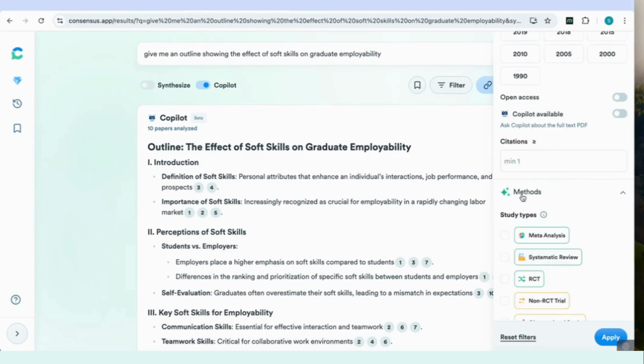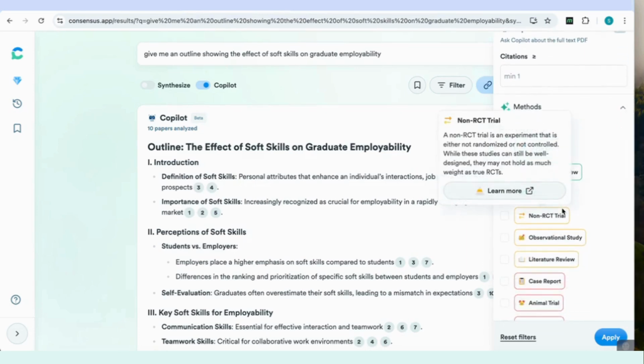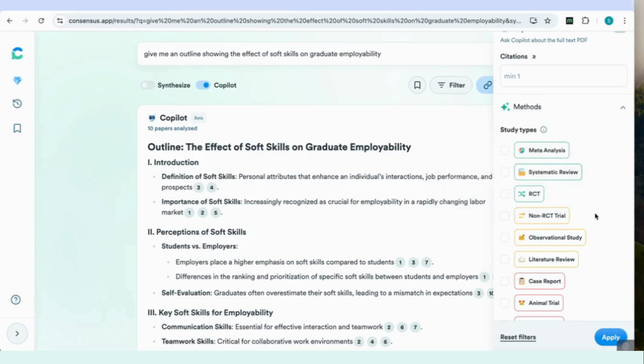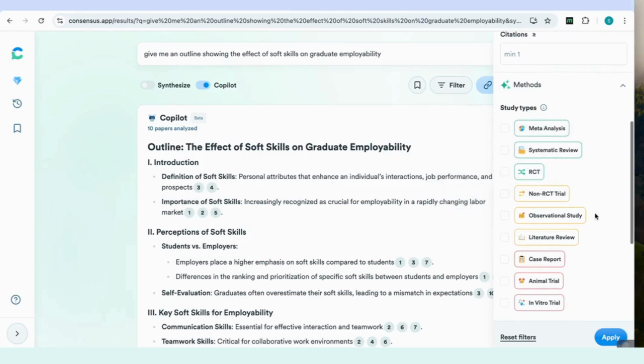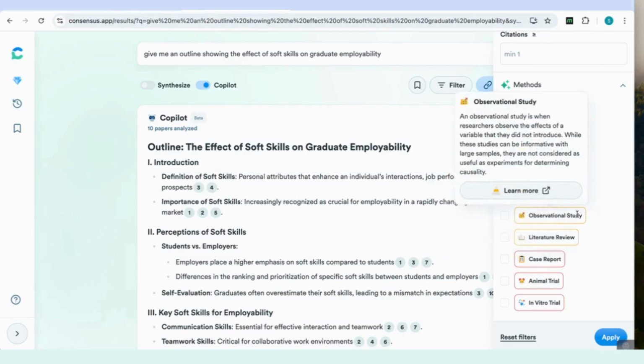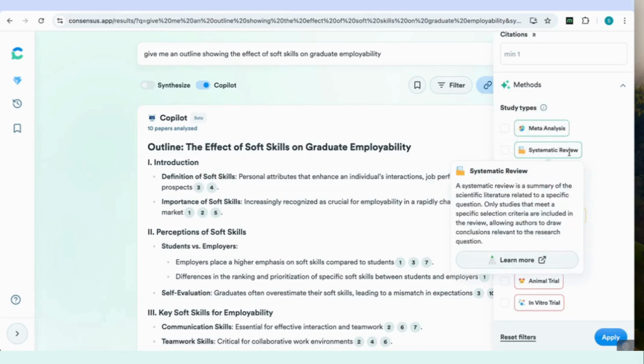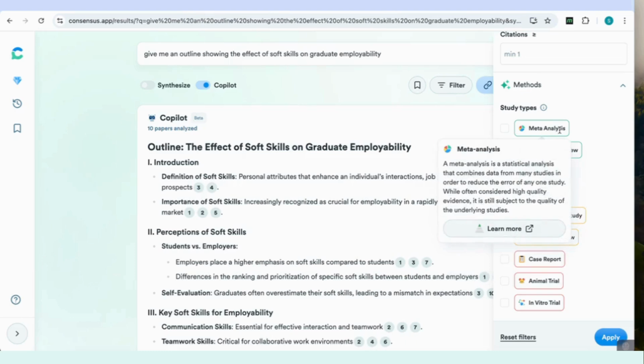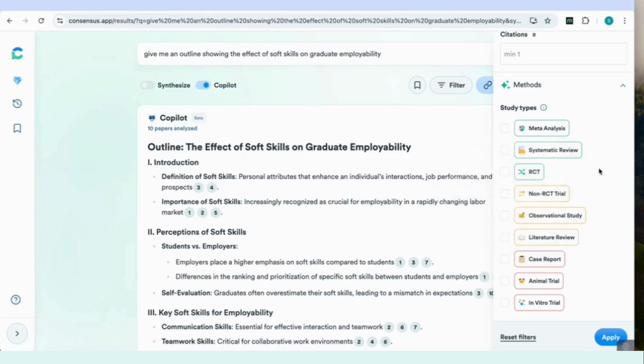And then the really good one here is the methods as well, especially when you're writing a literature review. If your review, for example, is focused on specific case reports that you'd like to look into, or observational studies, then you can select that. Or if you wanted to look at systematic reviews or meta-analyses, these are really important. So just filtering by methods, this can save you a huge amount of time. And with other search engines like Google Scholar, you don't always get that kind of accuracy that you would get